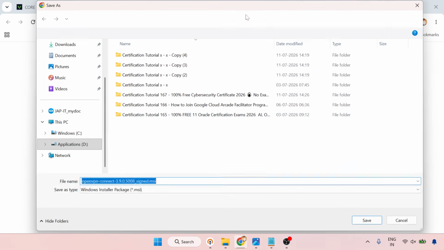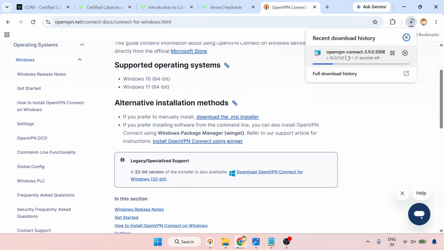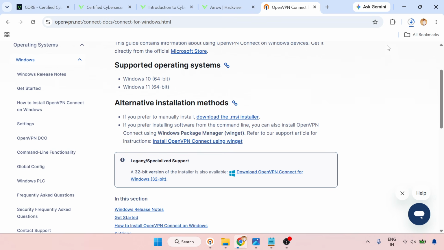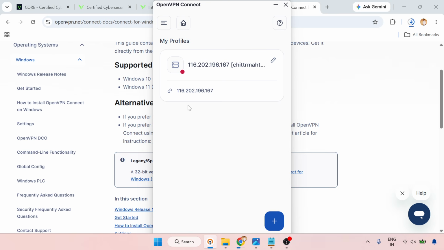We are downloading the OpenVPN client. So click here to download. The download has started. After the download, just install it. After installing, you will find OpenVPN Connect, and